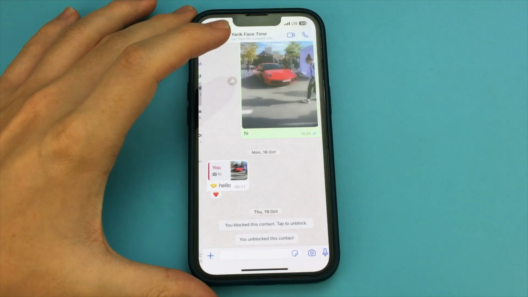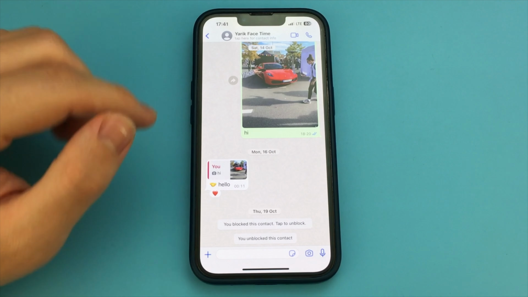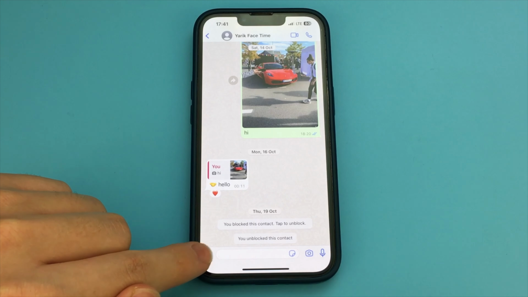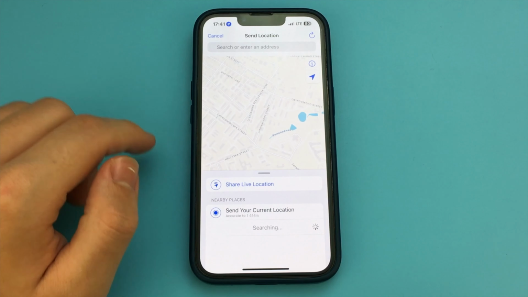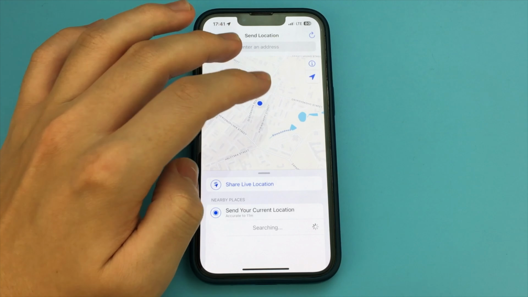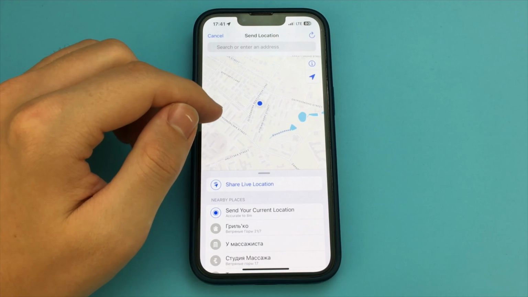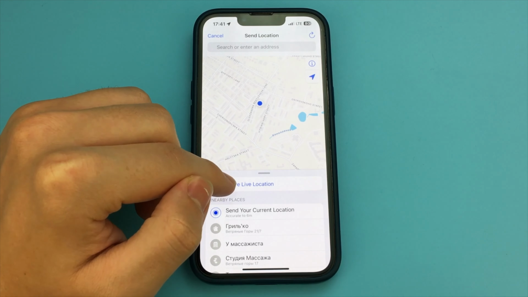We click here. Now we're going to be asked to confirm that the app will use your geodata. Click Allow Once, or select the item we want. Now our location is shown. We wait a couple of seconds for the map to show a more accurate result. We wait until the accuracy is the highest. After we have waited, we click here to send our location to our friend in the chat. We see an icon like this.